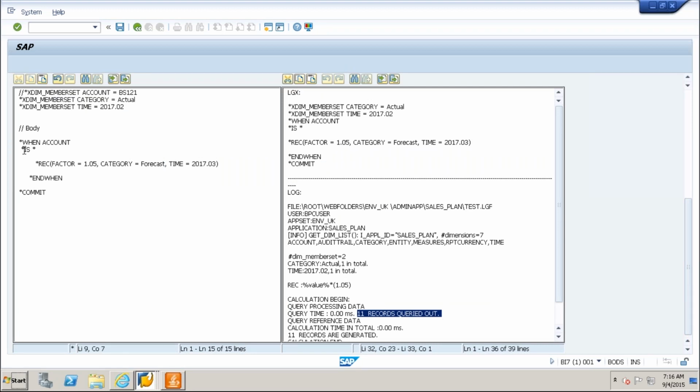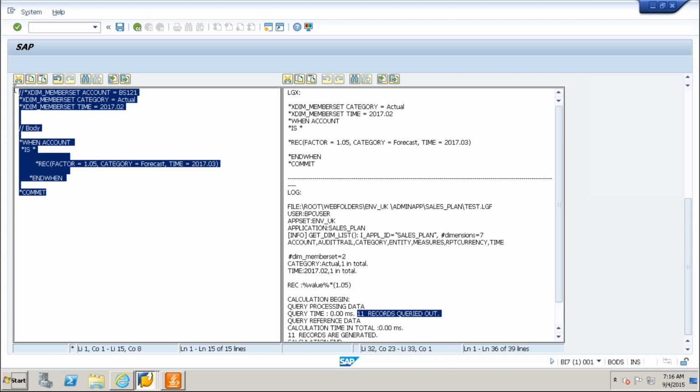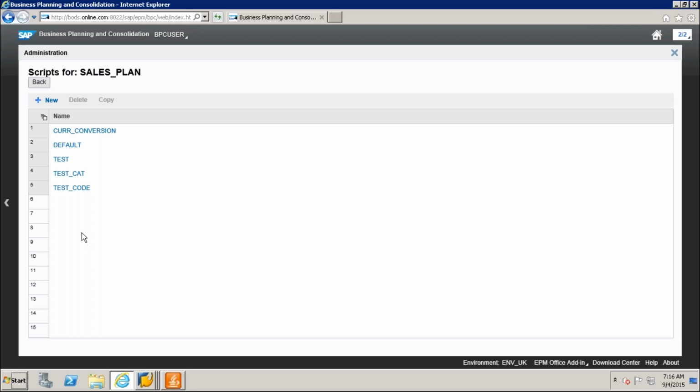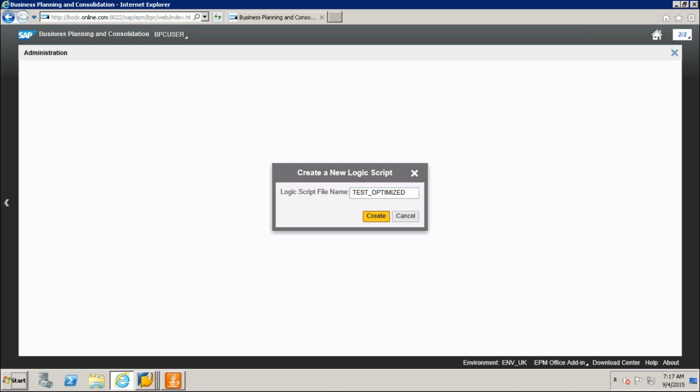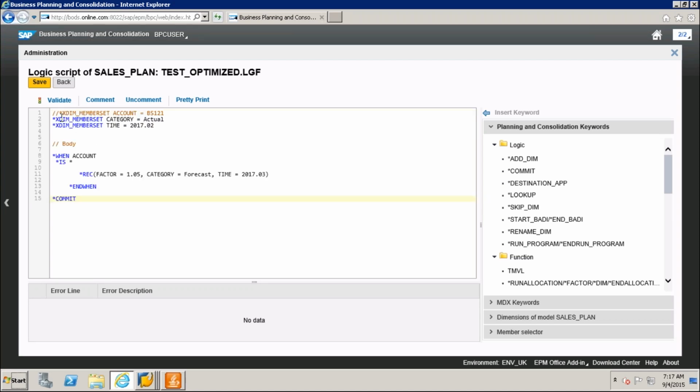This is how we can optimize the code. Instead of writing all these things, just we will write this thing. The same thing, I'm going to here test underscore optimized. Create, control V. You keep or not, then there won't be any here.